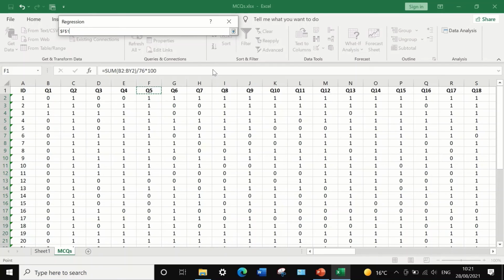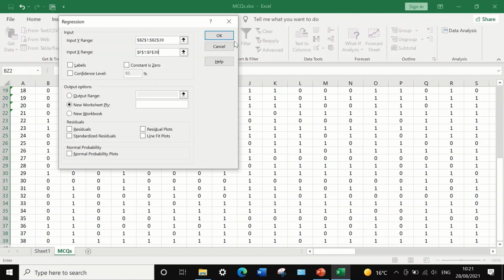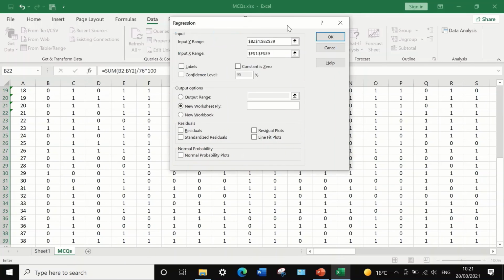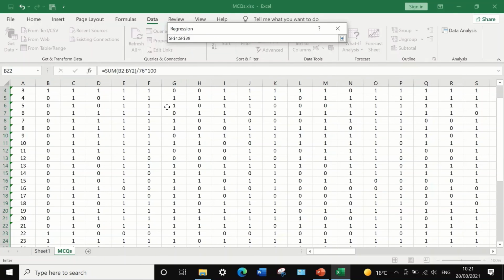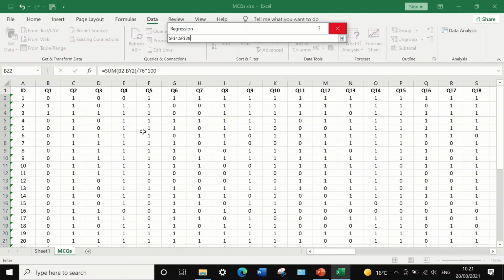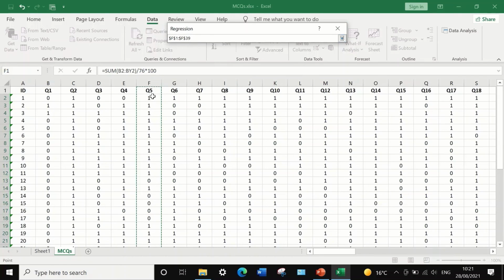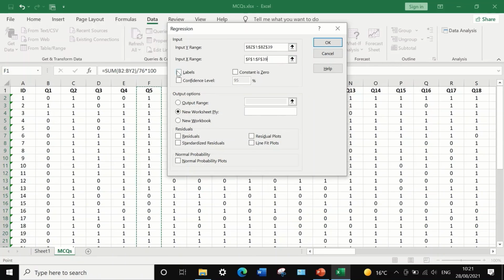and then the down arrow, and then click here again. As you can see, number 5, let's do it again, double check. If we go to number 5 here, click Shift and then the down arrow, column 5 is selected. Then tick the Labels box, and we are going to generate the output in a new worksheet. If we click OK,